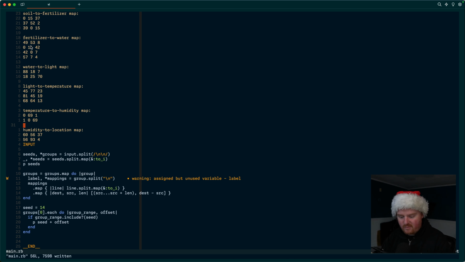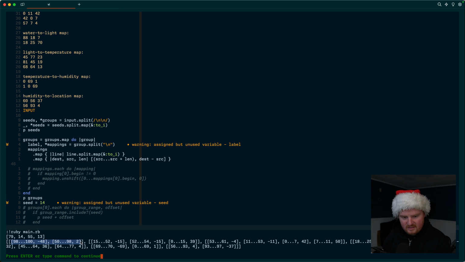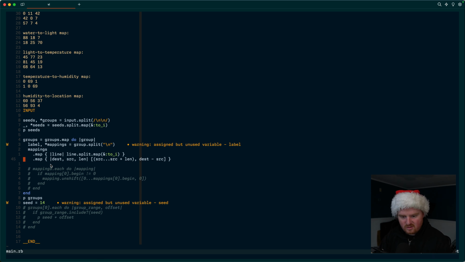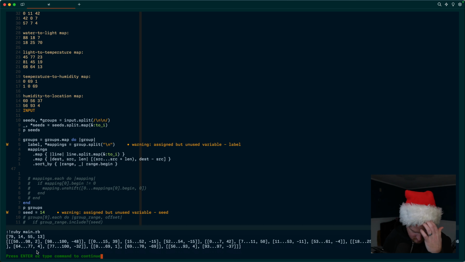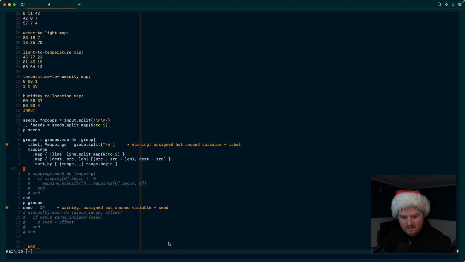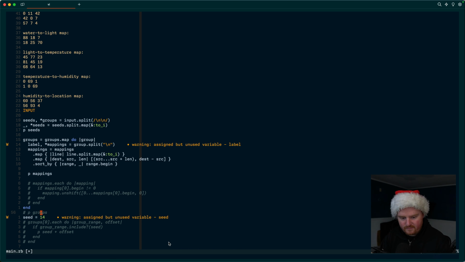So we can do that by injecting something here. Within each mapping, we want to sort the list of these rows. So I think for now, yeah, sort by range. That should work. Let's see. 50 to 98, 0 to 15 to 52. Okay, so those are sorted. And then once they're sorted,